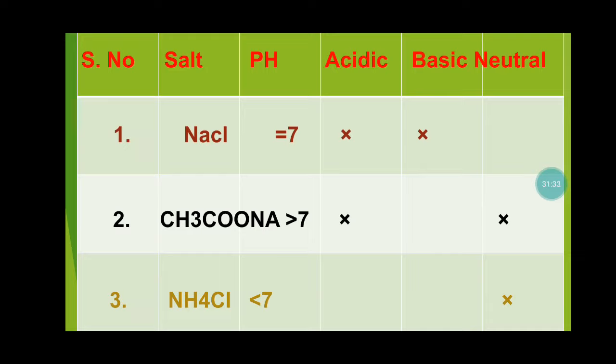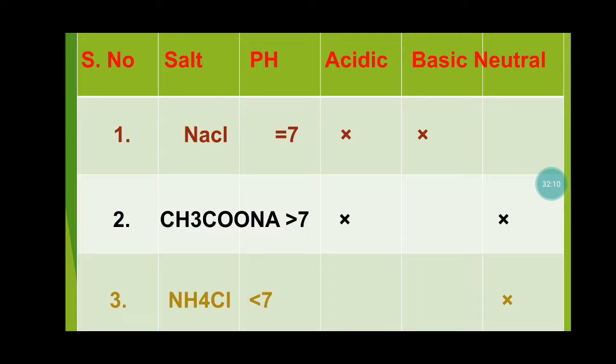Therefore, what salt will be formed in this category? As sodium hydroxide is stronger, it is a basic salt. Whenever you dip pH paper in NH4Cl, you will get a pH value less than 7. That means it is an acidic solution. Now what acid and base are involved in this reaction? Just think, ammonium chloride is the salt. What are the base and acid? The acid is dilute HCl, the base is ammonium hydroxide.